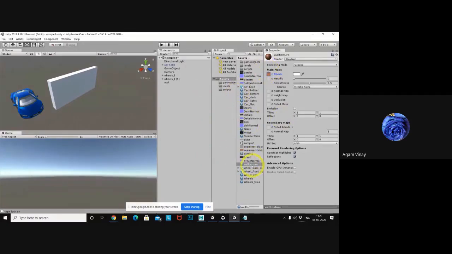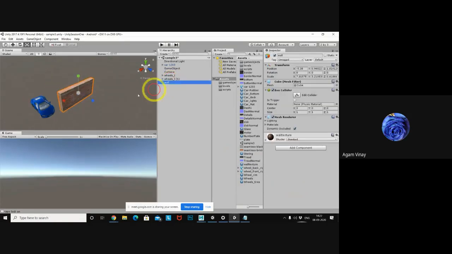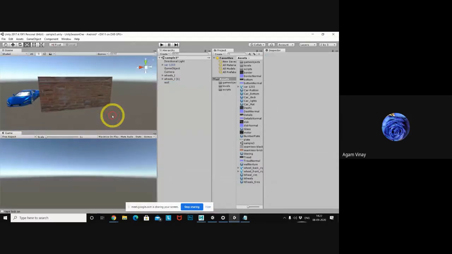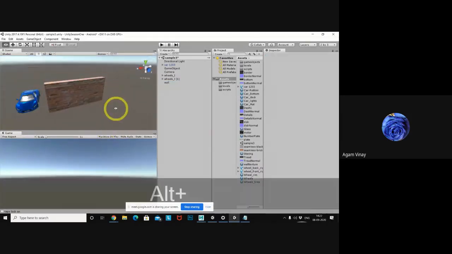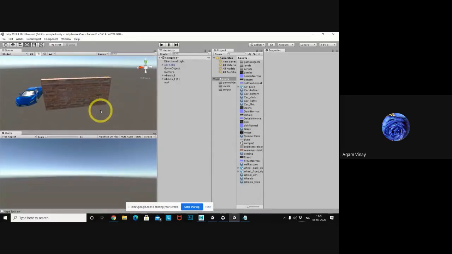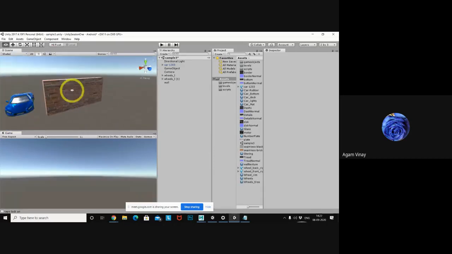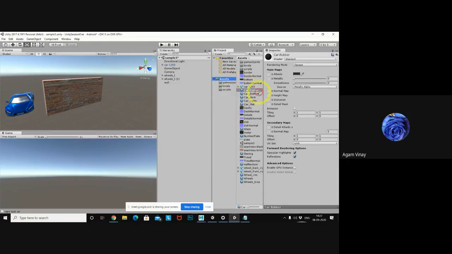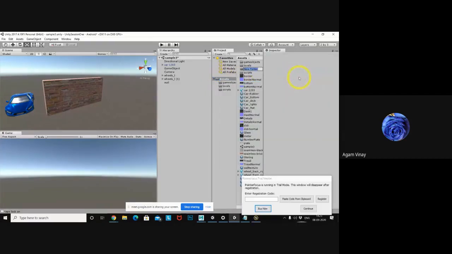So I've added it. Now I want to apply this material to my game object, right? I just drag and drop it onto this wall, or I can drop it here on the wall also. As soon as I added it, the texture is applied like this. Like this only, for a model you need to apply the texture materials. The project files should be maintained properly. If there are many materials, you need to create one folder and maintain the folder structure.